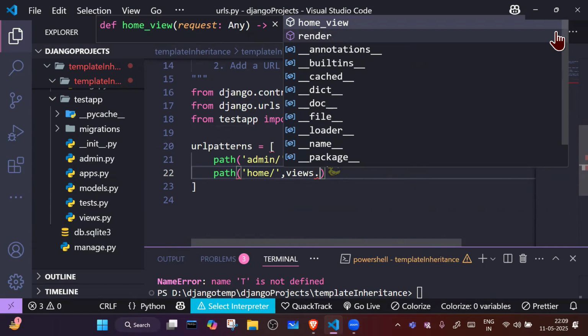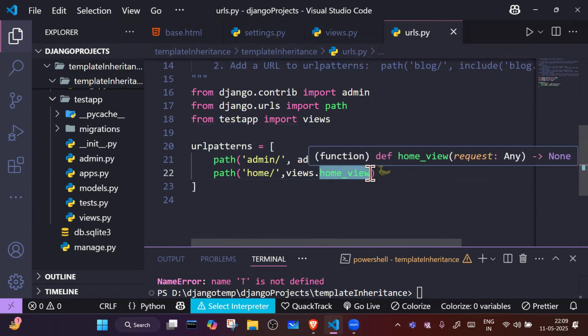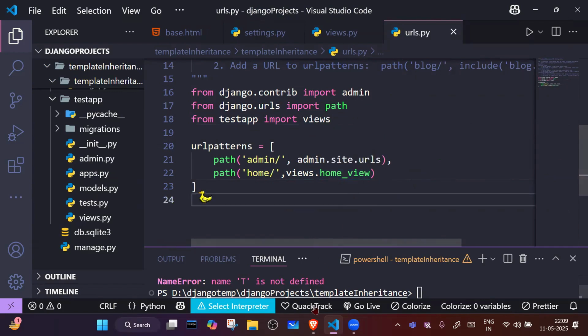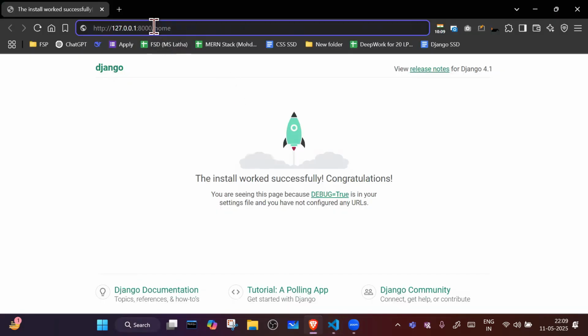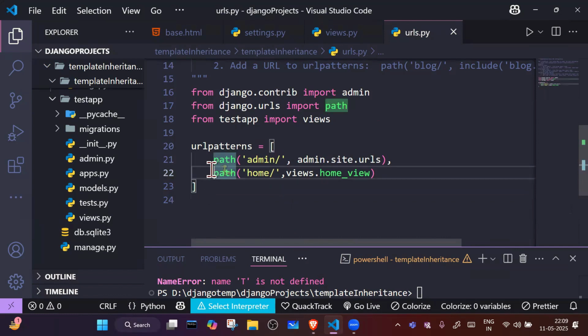Okay. Why? Because this file is linked properly. We are saying inside the test tab, we have views, just keep that views file here. And we are using the function which is home views. So now try to understand once again. Whenever this home view request is coming from the browser, it will match with a particular URL. In this case, it is matching with this URL. And this URL is calling